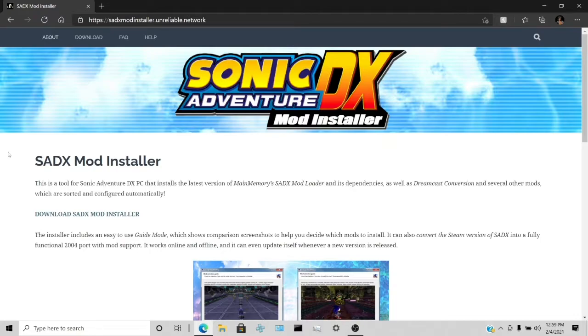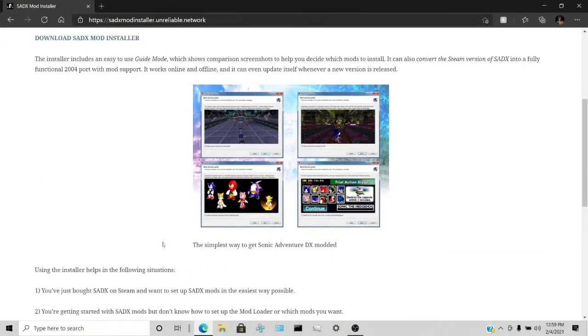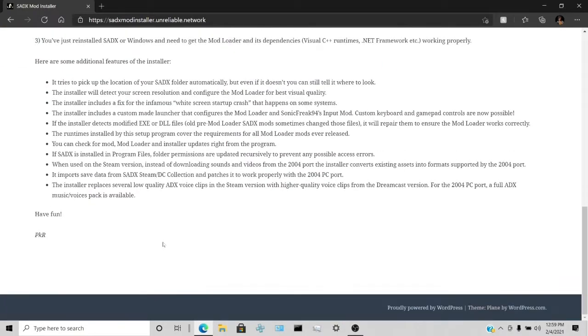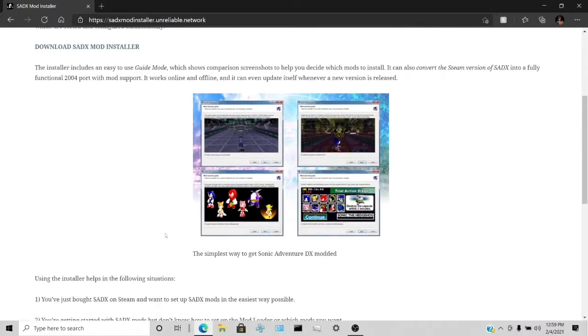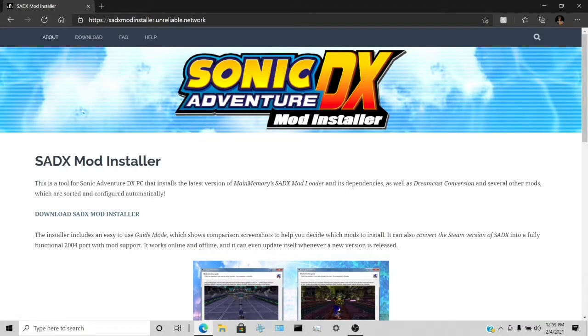So I'll have this link in the description, so you don't have to keep looking for it. But yeah, you want to go to this page, and if you want to, you can read up on it because it has a lot of information about this particular mod loader. But what we're gonna do is go to download,